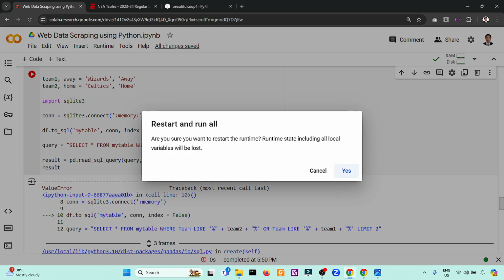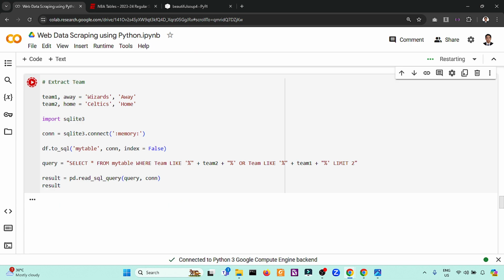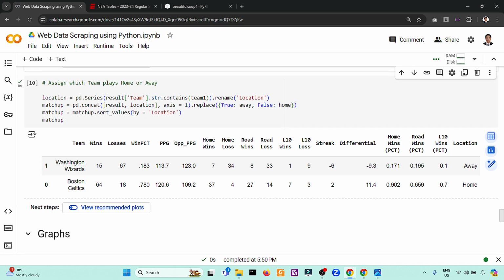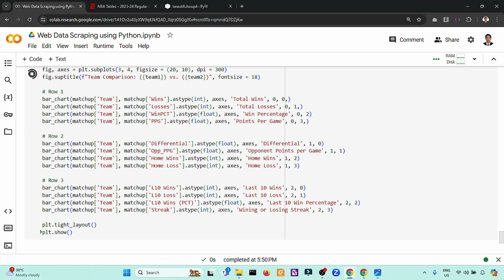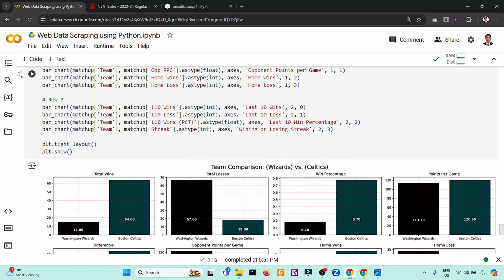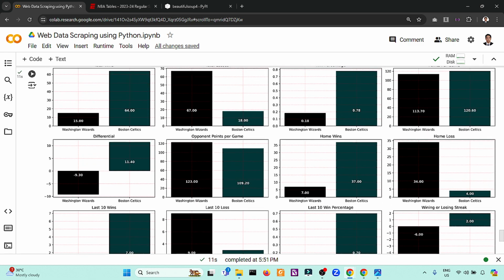So let's run this once again. It's creating in memory. So let's make it super temporary. Okay. So this one, the map is generating. So this one. So if you want to see the specific graphs, we have 15, 64, 67.